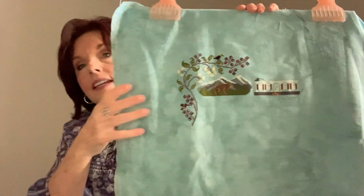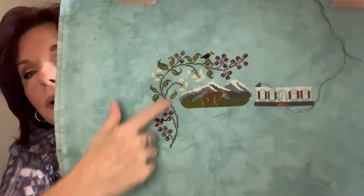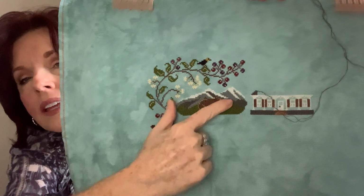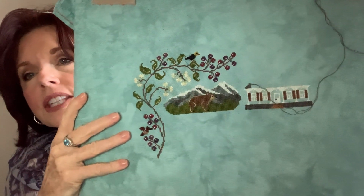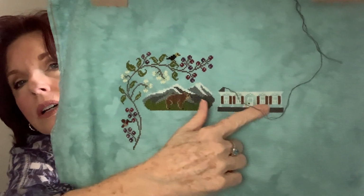There we go. All right, here we go. I had already done this part of the Huckleberry branch. These two little birds, this one looks like a hummingbird to me. Another little bird up here. This mountain scenery here with the bear, these snow-capped mountains. I had already finished that, but I had come over in this past week and worked on